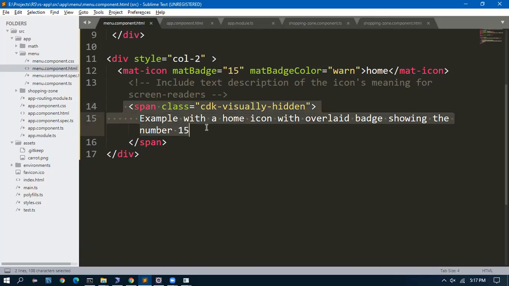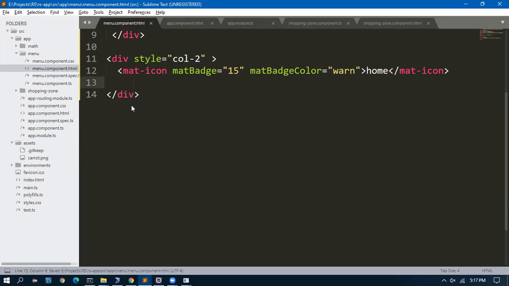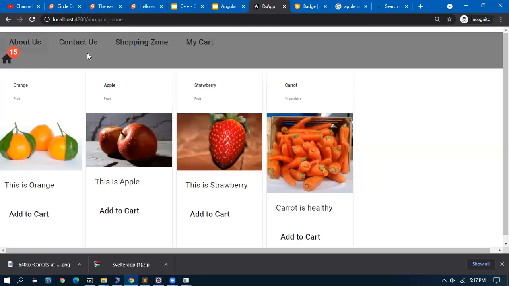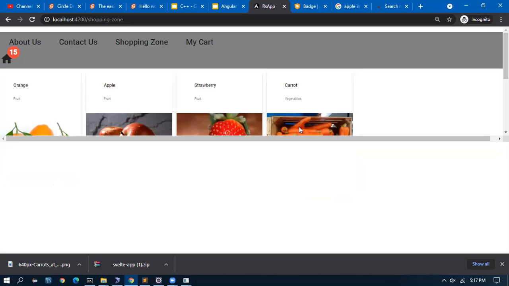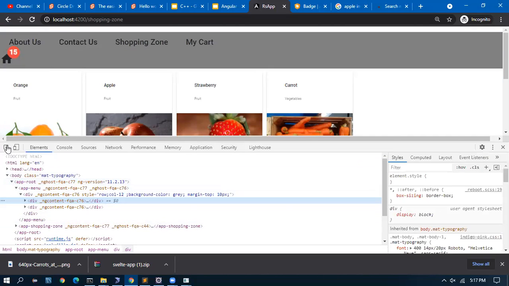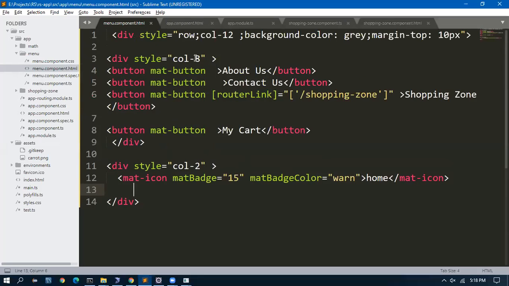I will remove this one. Inspect. I will do col large screen 8.